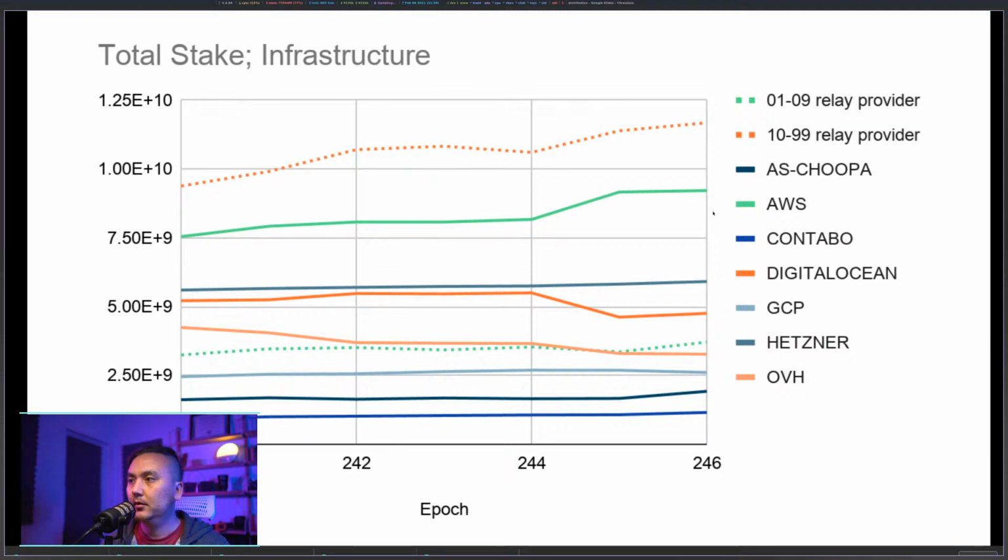And if you're a delegator and you want to increase the decentralization,